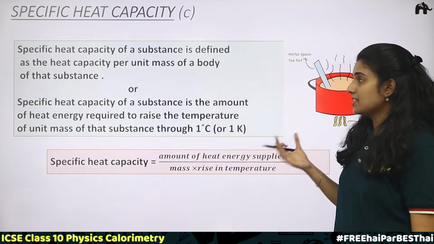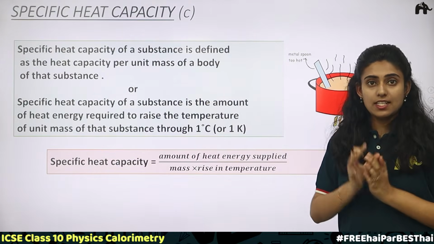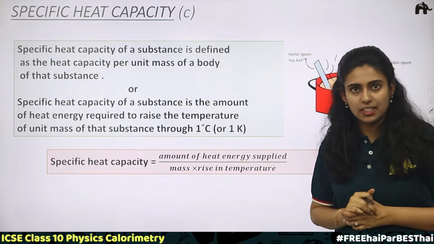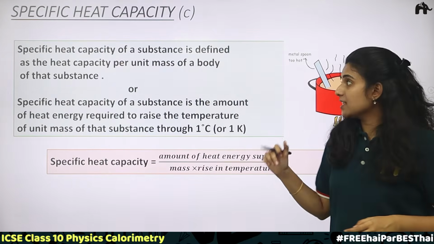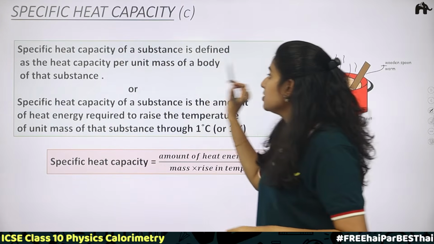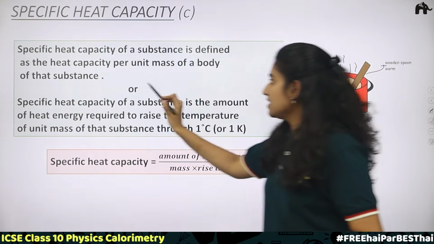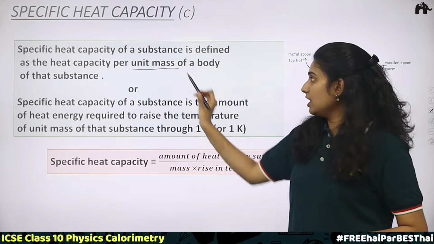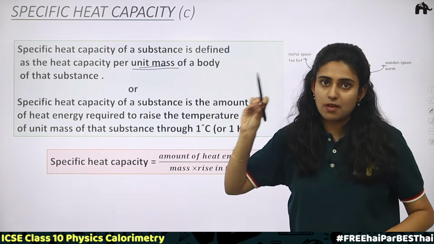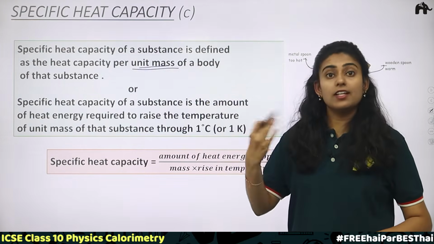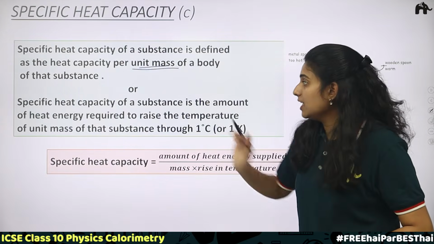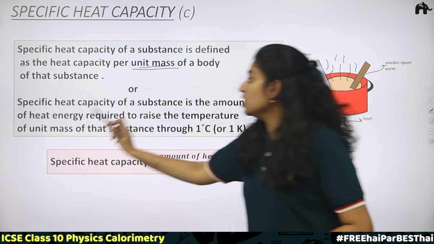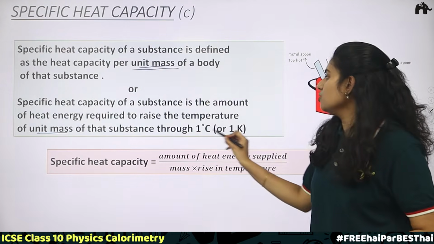Next, specific heat capacity. We understood what heat capacity is. When you consider this heat capacity for a unit mass of a substance, we call it specific heat capacity. Specific heat capacity of a substance is defined as the heat capacity per unit mass of a body of that substance. Here, unit mass is very important: 1 gram or 1 kilogram of a substance. Specific heat capacity of a substance is the amount of heat energy required to raise the temperature of unit mass of that substance by 1 degree Celsius